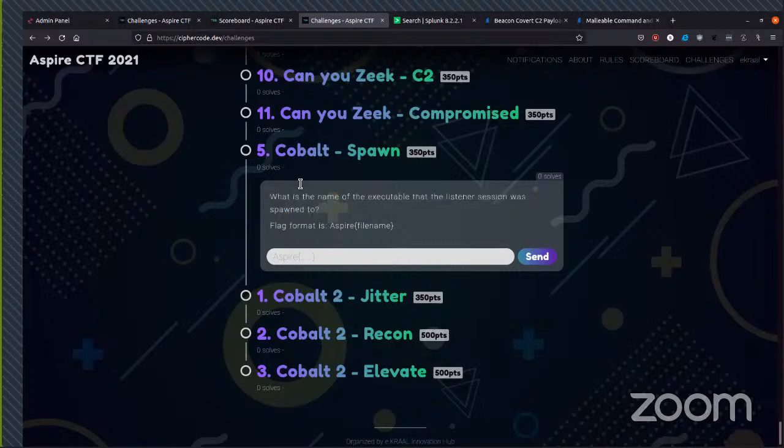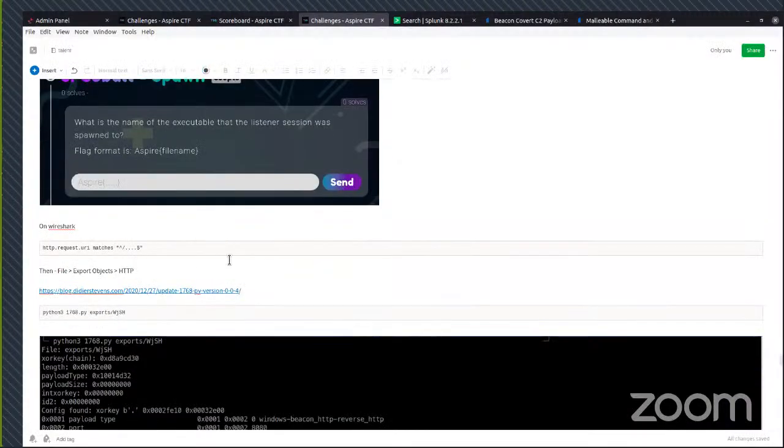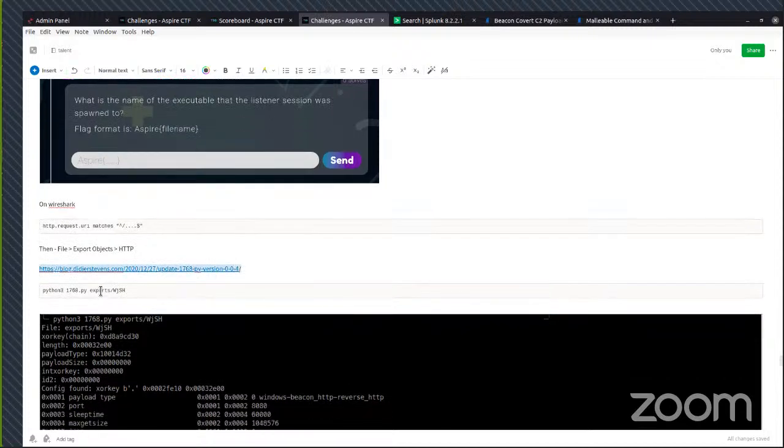So for this, there is usually a very, very useful blog by someone from SANS. I have a link to it. So I would encourage everyone to go read this guy's blog. He's called Didier Stevens, and he has created a Python file that you can use to analyze malicious Cobalt Strike files. So in this case, we have the payload here. And using this Python script, you can analyze the payload and figure out what configurations were made